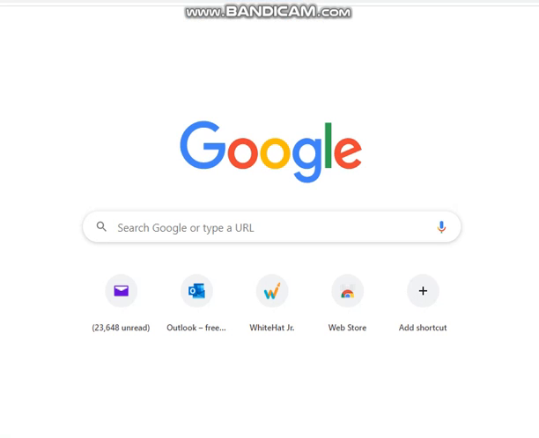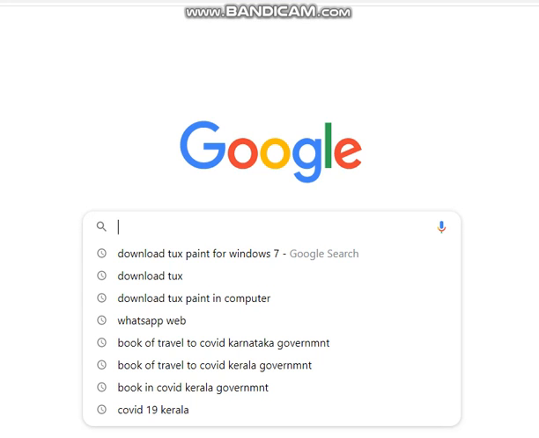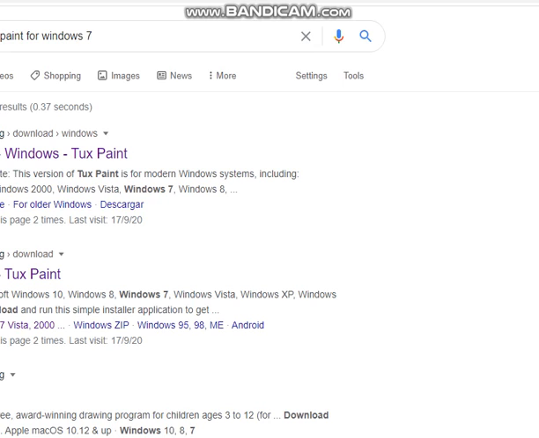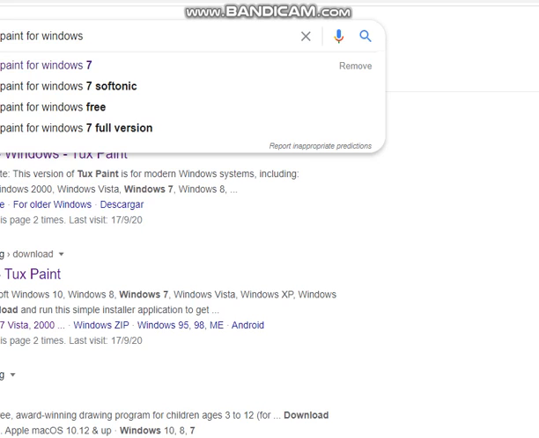So to download Tux Paint, we will go to our search engine. I'm using Google. You can use search engines like Internet Explorer, Google, Firefox, etc. You have to type download Tux Paint for Windows 7 or 4, whichever Windows you are having. Just writing Windows will also be enough.